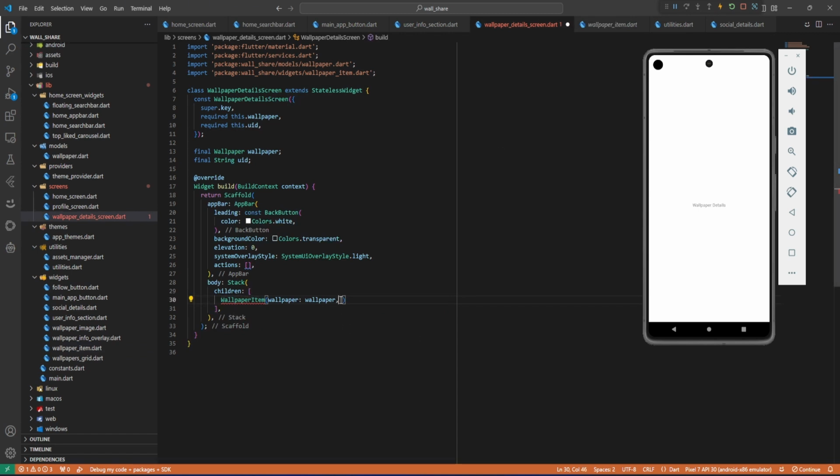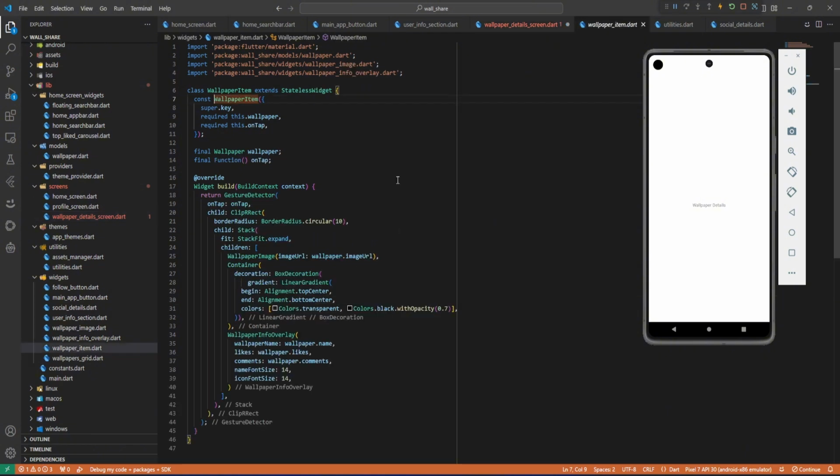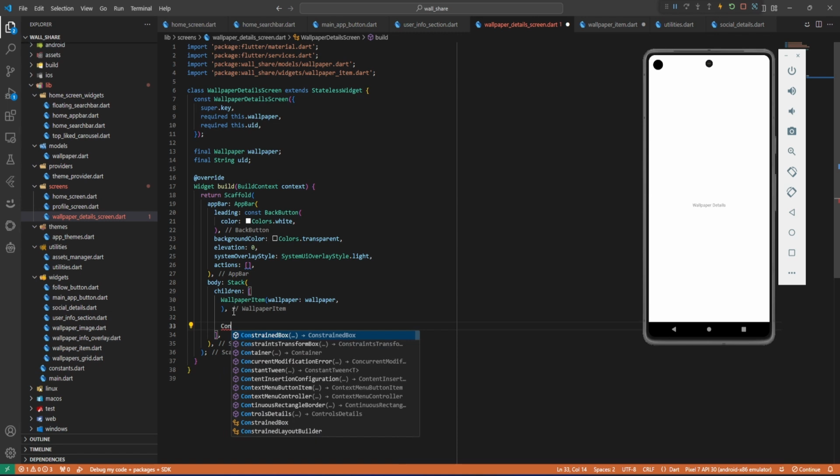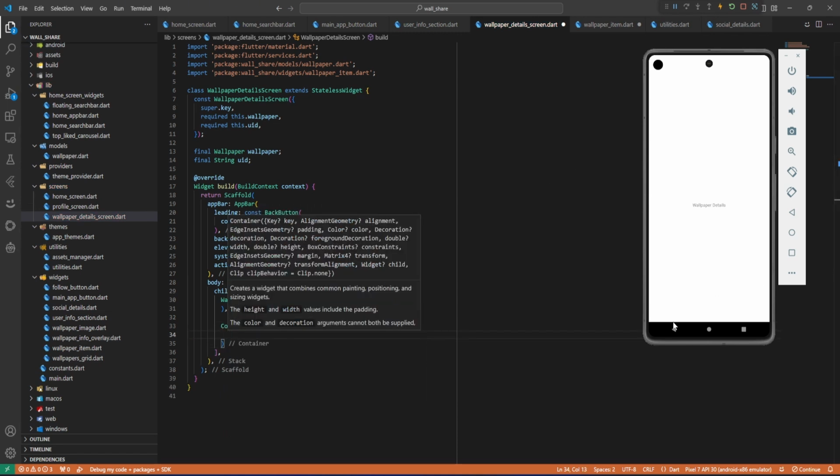Okay, so now this on tap, maybe what we can do here is let's not require this onTap. Let's remove this required and also make it nullable here. So that where we just want to display it, we can just display it without onTap. Okay, so that's gonna be like that. And then down here we want to return a container just after this wallpaper item. Let's have a container of a gradient. Okay, this container, because we want the bottom to be dark and then coming white, so that the items that